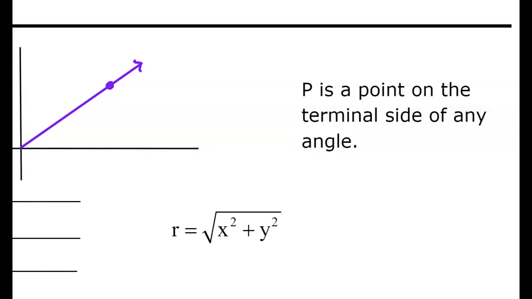And I'm going to put a point P on that vector. And then what I'm going to do is create a triangle with this point P. I'm going to draw a line straight down from point P to my initial side, to my positive x-axis,